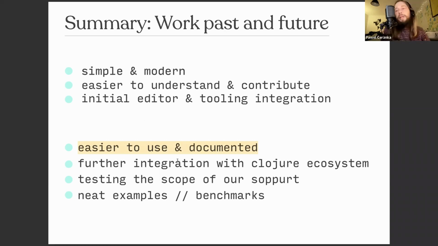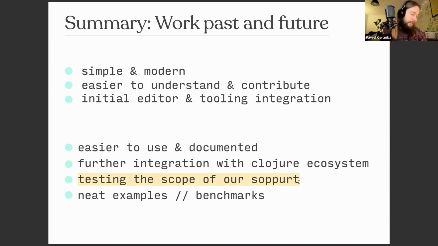We haven't discussed this with Christopher or anyone else, but I think it's kind of cool if we just make it alpha and let people use it and see what happens, and then gather feedback and issues and all that, and see where we can take it. So: integration with the Clojure ecosystem, testing the scope of our support.